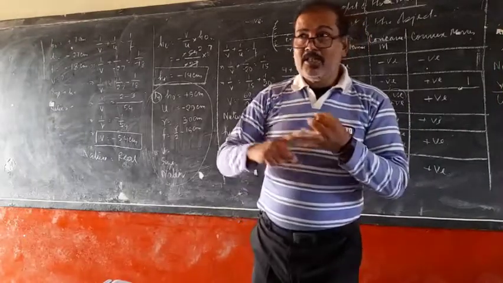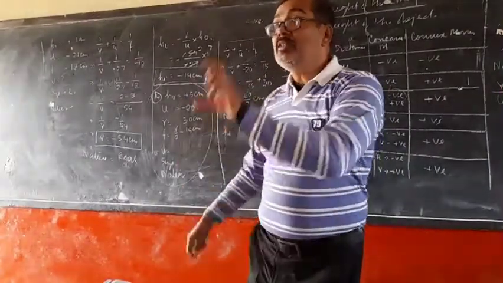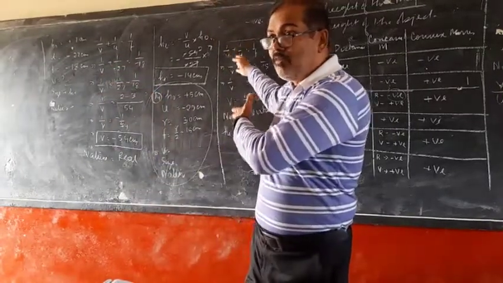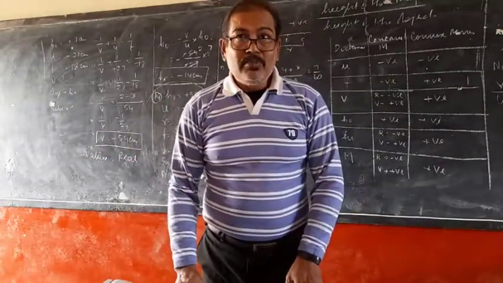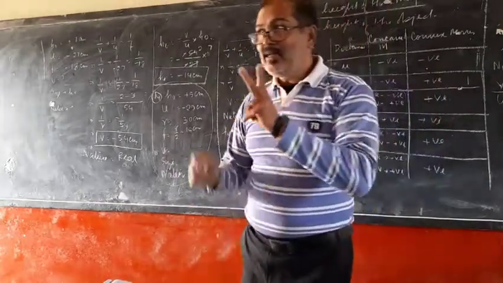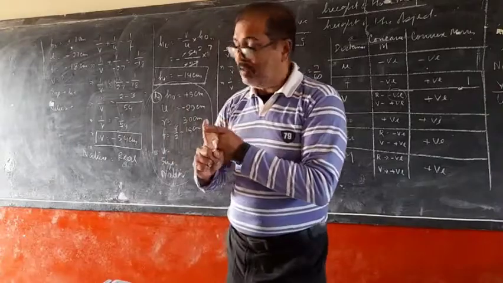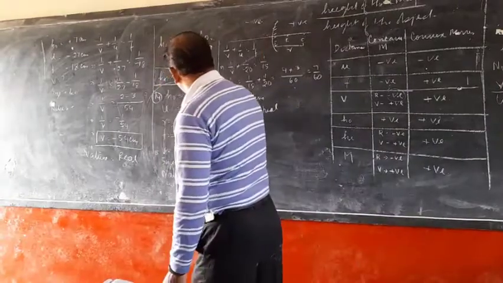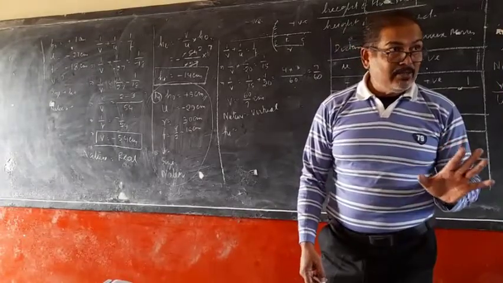smaller than the object. Suppose you are going on a motorcycle and a big bus is behind you. You can see the image of that big bus in your small convex mirror. Even 2 or 3 buses, you can see all the images of all the buses and trucks in your mirror. So that's why you always use a convex mirror as a rear view mirror in automobiles. The 2 reasons: the image formed in a convex mirror is virtual and erect, and smaller than the object. So it forms upright. Now, will the image formed be bigger or smaller than 5 centimeters? It should be smaller. If it is smaller, then our calculation is correct.